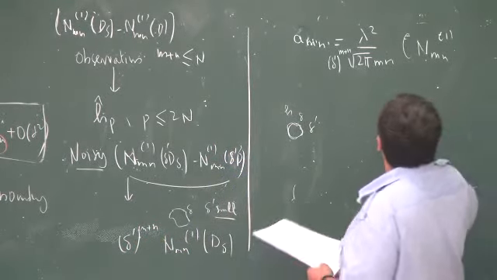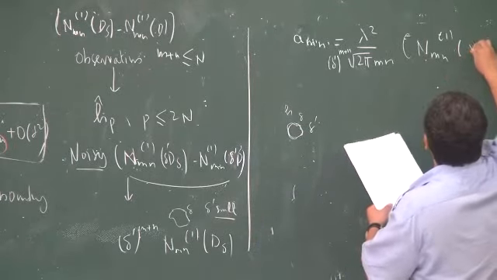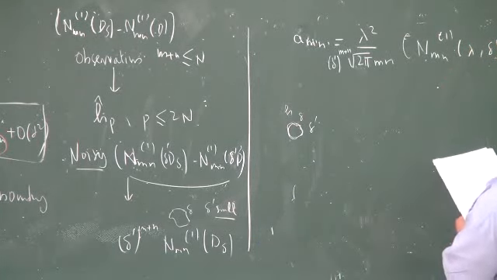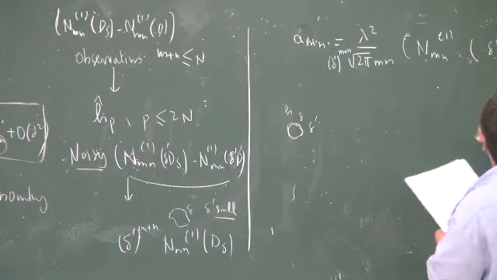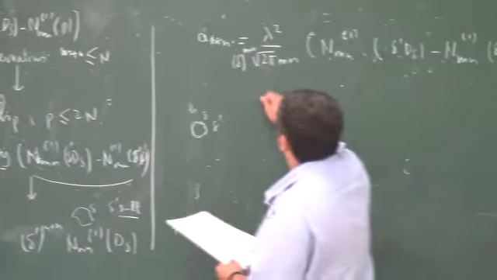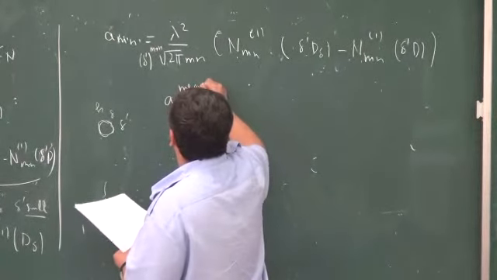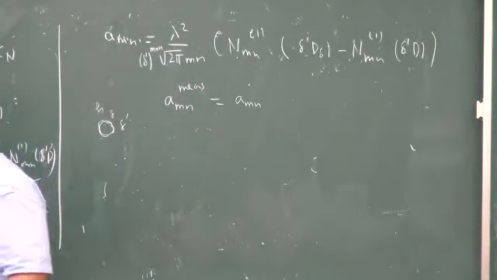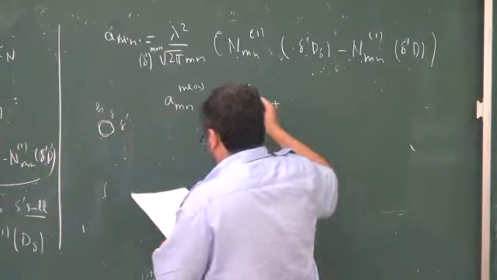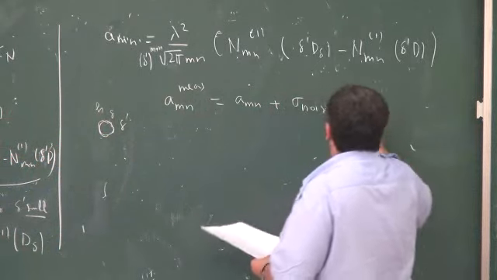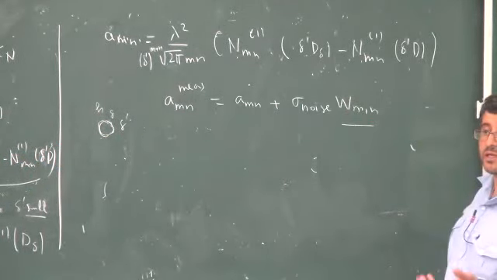And I assume that it's corrupted by noise. So I have this one, λ Δ' Δd minus M_mn of 1, so λ, let me get rid of λ, it's fixed, of Δ'd. These are my observations. Okay. I know that my measurements, they are I_mn given by this formula plus some noise. These measurements are corrupted by noise.